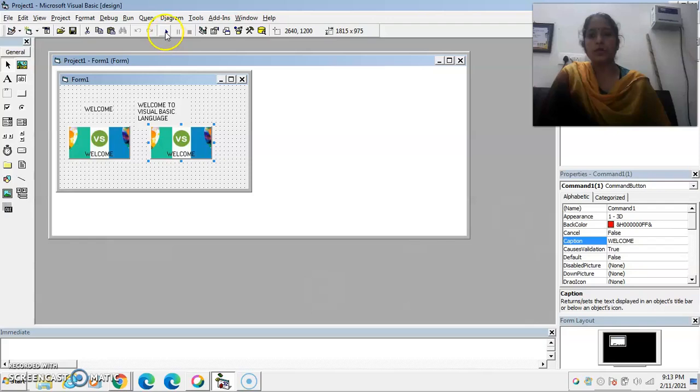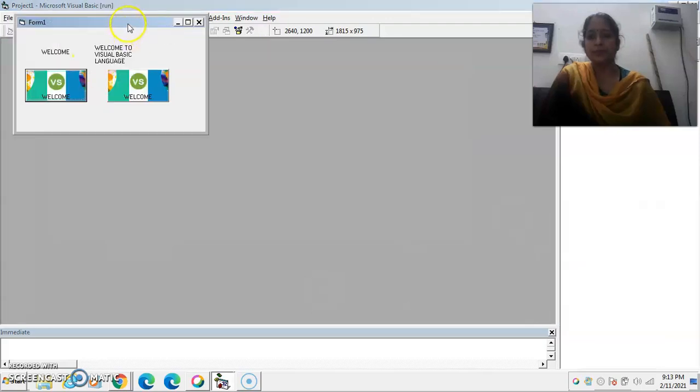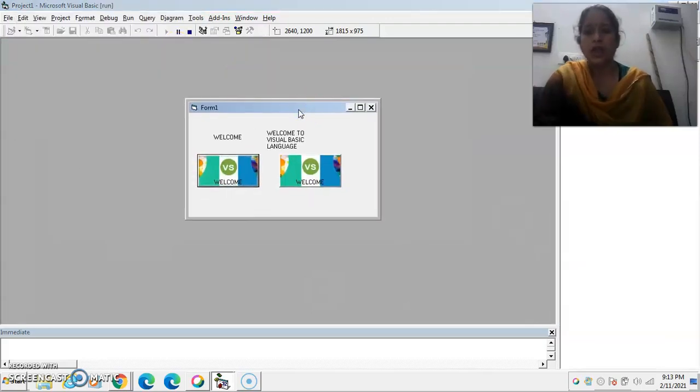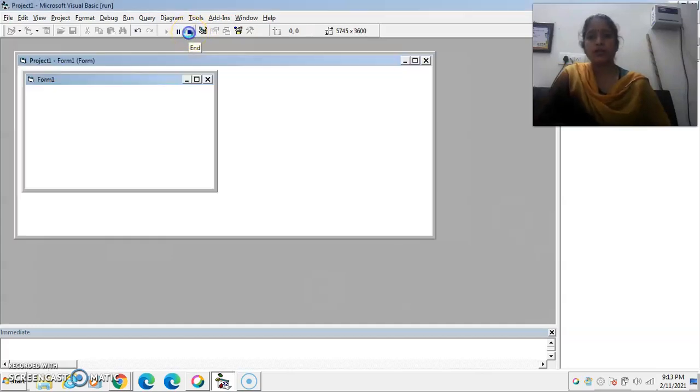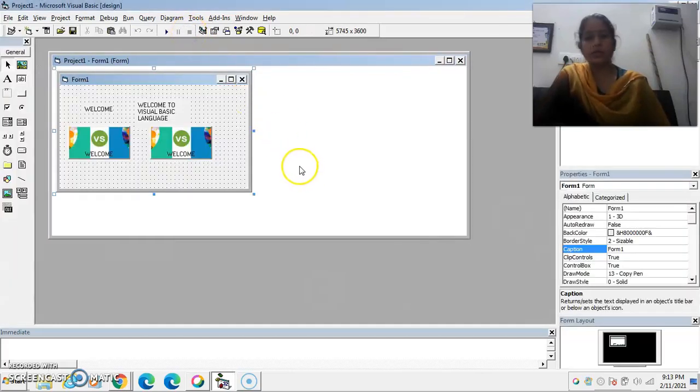Now run this program. As you see on the screen, I am using the tab key on the keyboard and it is accepting the focus. Now it is a very fantastic property. It is very much clear to you.